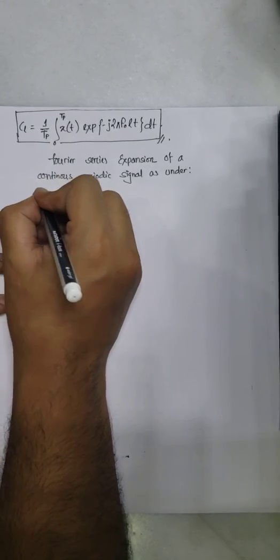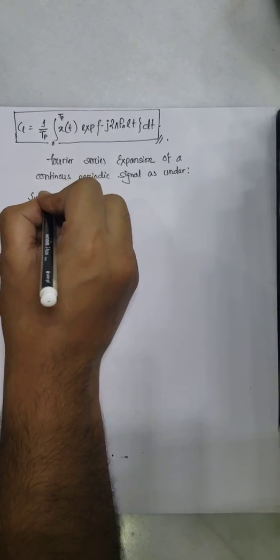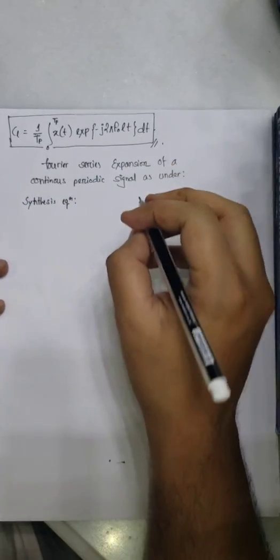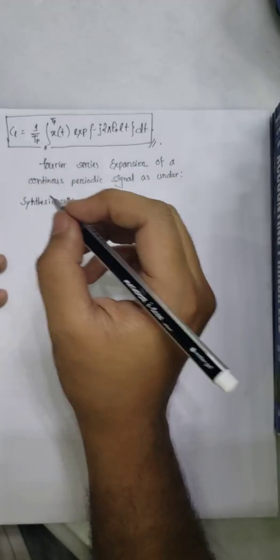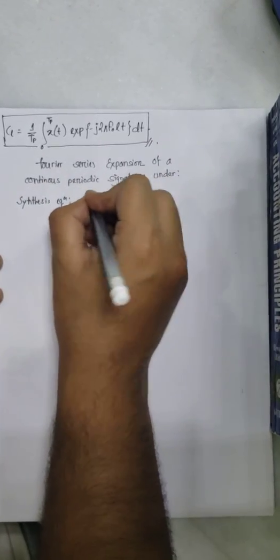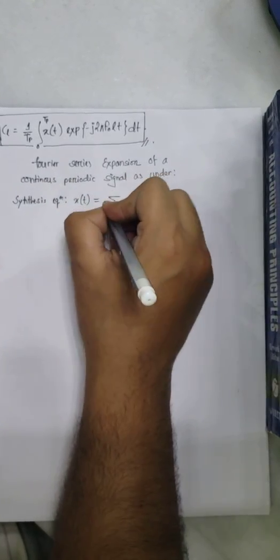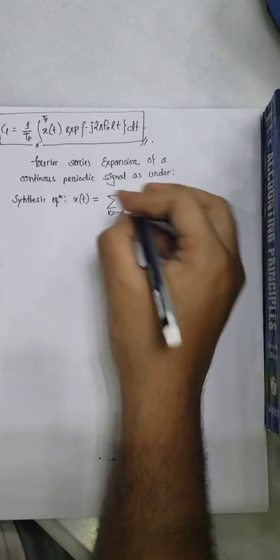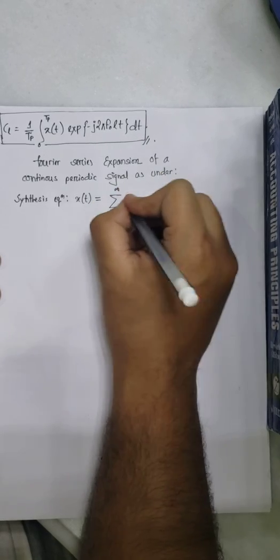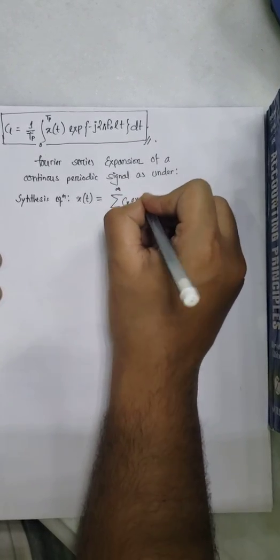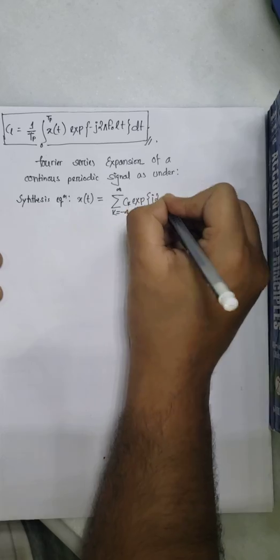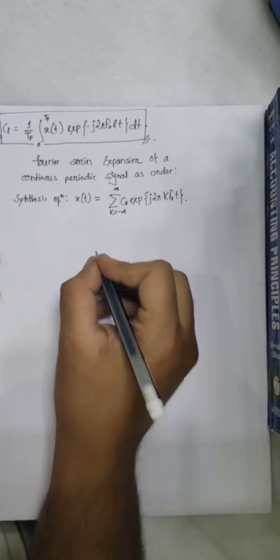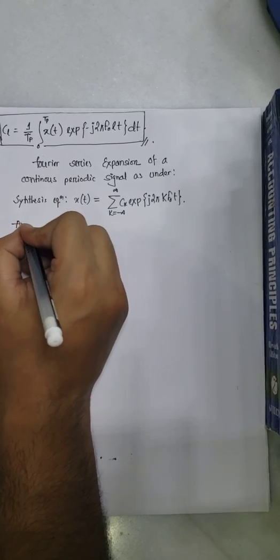The synthesis equation, which is nothing but the Fourier series expansion in its exponential form, is x of t equals summation over k, which runs from minus infinity to infinity, of c of k e to the power j 2 pi k f naught t, and the analysis equation